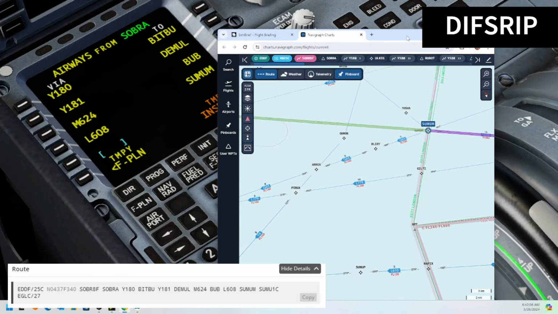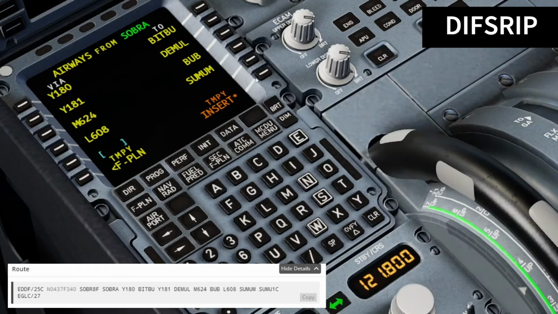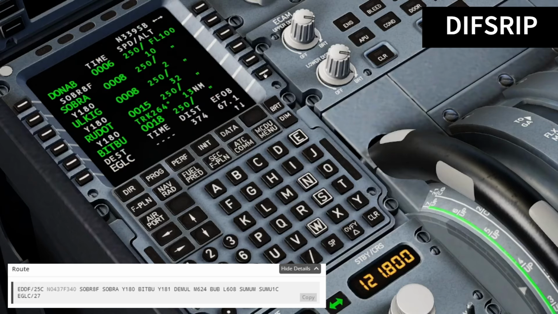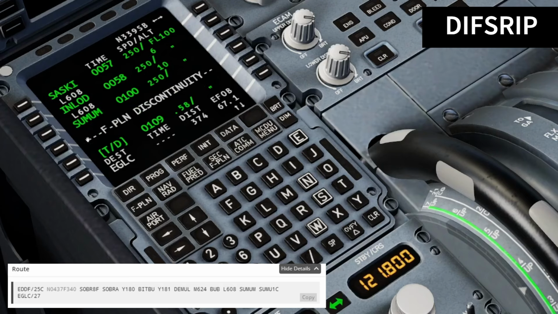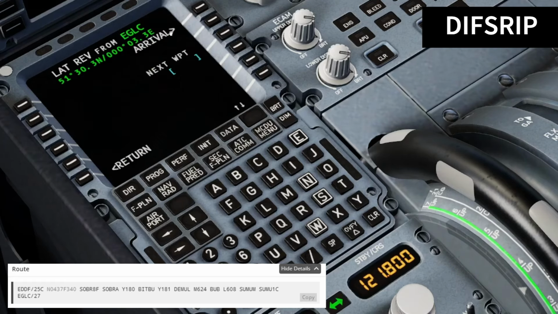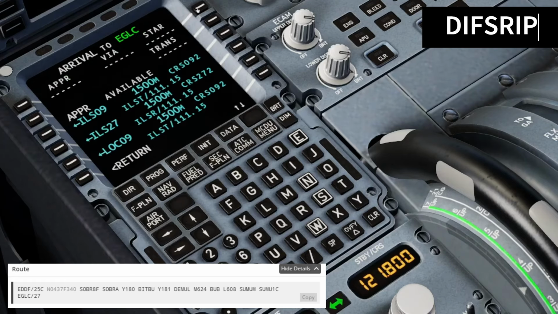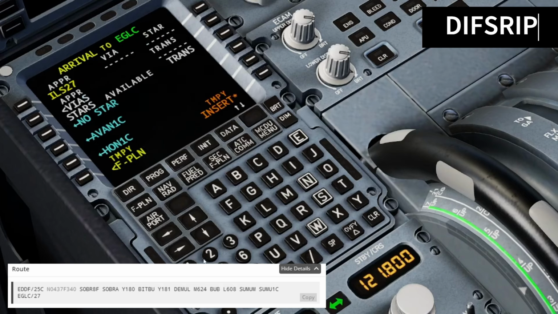So what we do, we insert all the waypoints first, and then scroll all the way down. You can see there is a flight discontinuity here. So we will select the destination part, and we will select arrival, and here we will be selecting the arrival runway, that is in our case 27, so ILS 27, and we